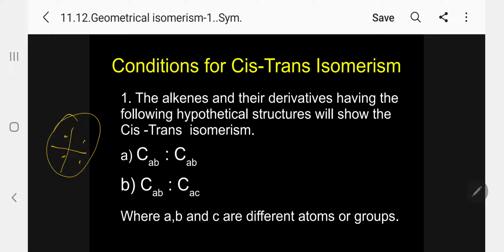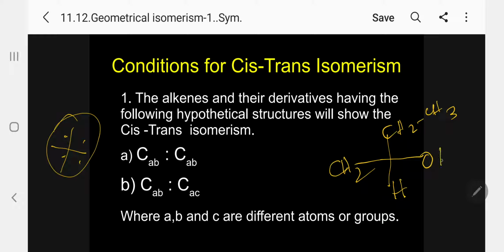Kindly follow. In the case of optical isomerism, we have discussed, I informed you, optical isomerism is possible for all types of organic compound. What way I told you? Kindly follow. You take this +1. Always put hydrogen at the bottom. Left side CH2 and top CH2, CH3, and whatever functional group you write in this side. Say for example OH.